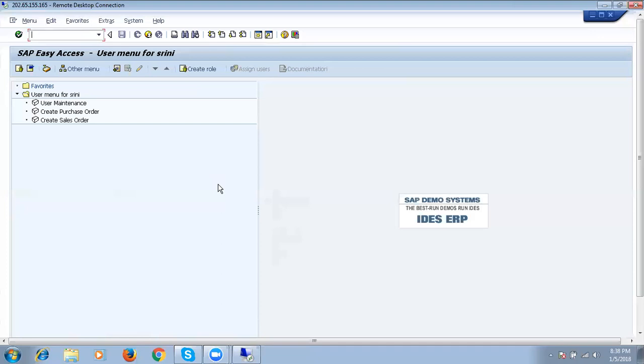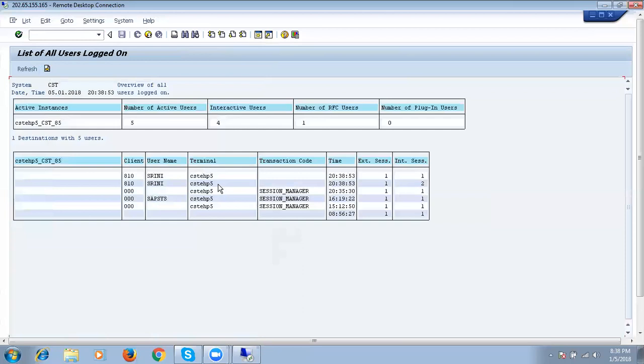If you execute AL08, it displays the list of users as per the application server.